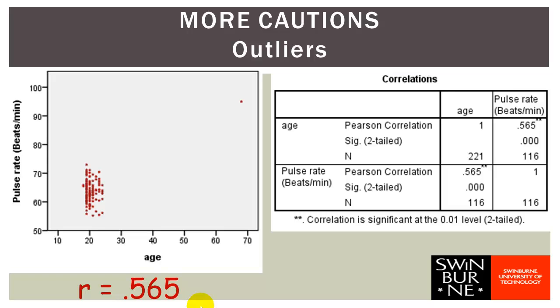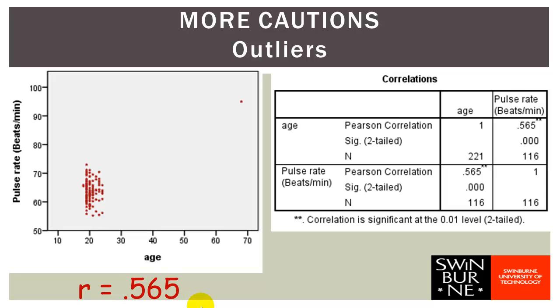coefficient. Have a look at this scatterplot and you'll see that most of the participants are aged between 18 and 25. And in between the ages of 18 and 25, there's not really much relationship between age and pulse rate. But there's an outlier. There's one person who's much older than all of the others, and this person happens to have a much higher pulse rate than all of the others. Now that outlier is acting as what we call a pivotal point. Without the outlier, we'd find practically no relationship between the two variables,